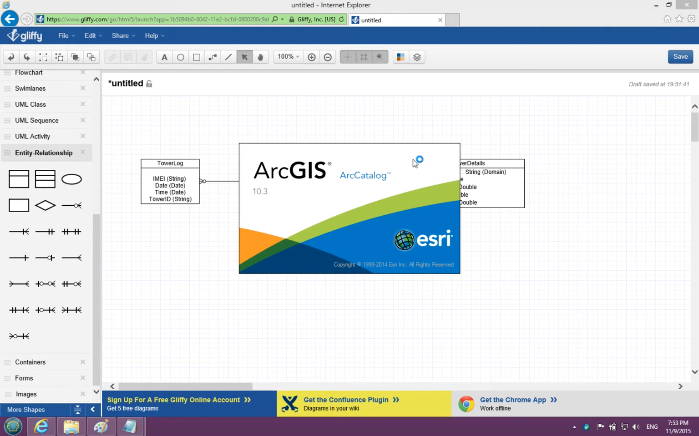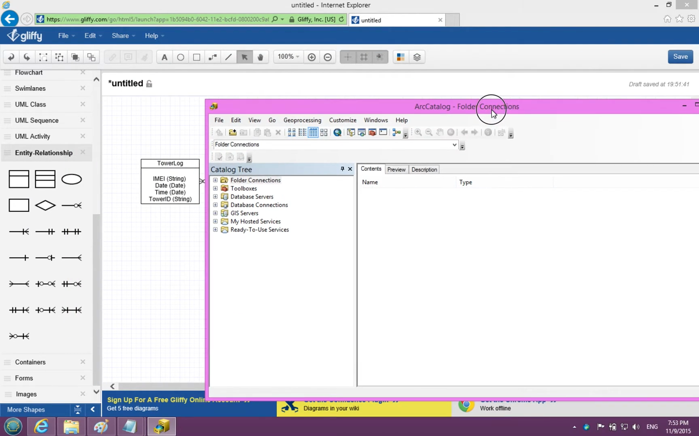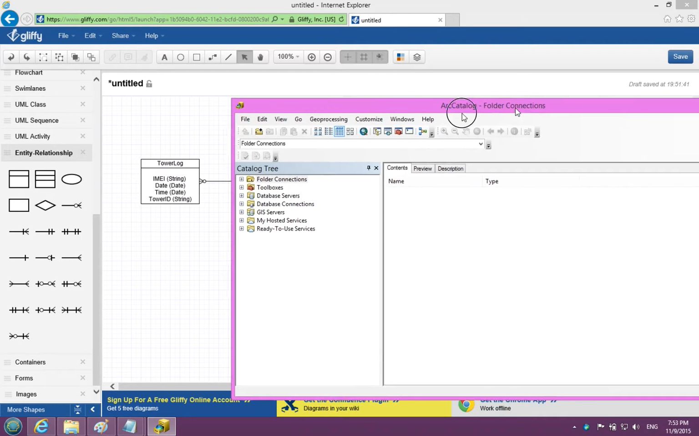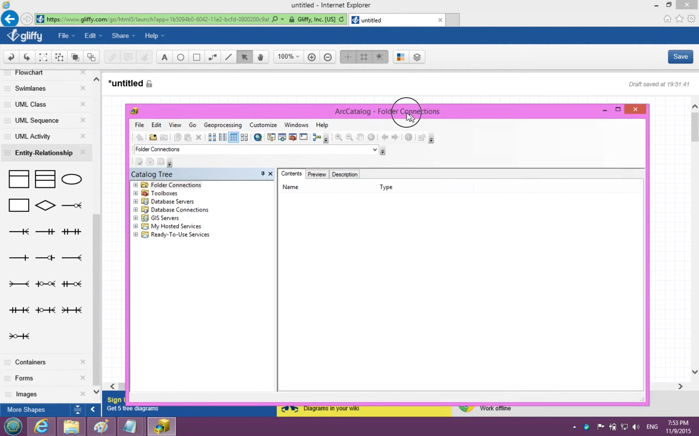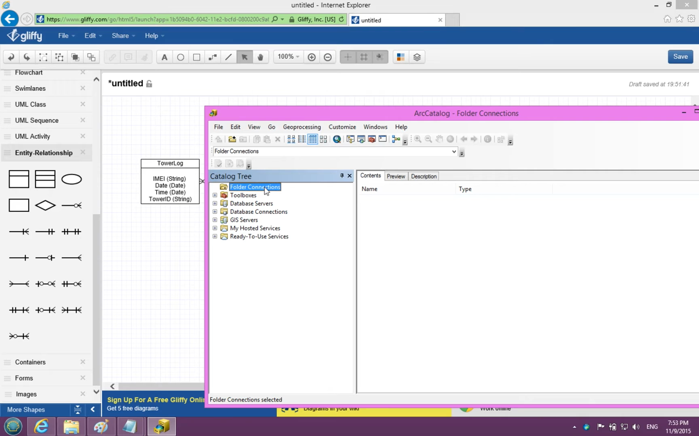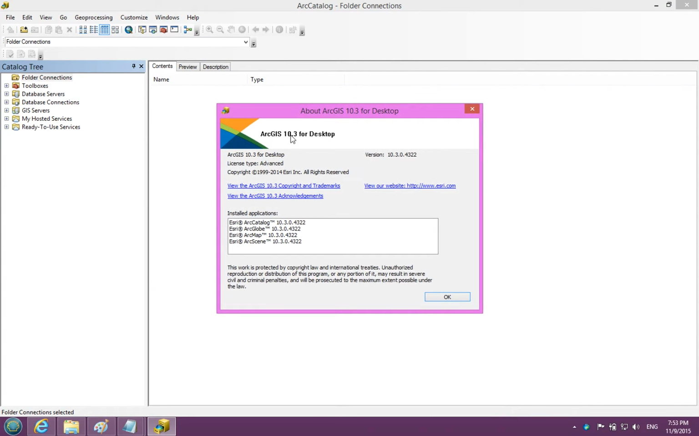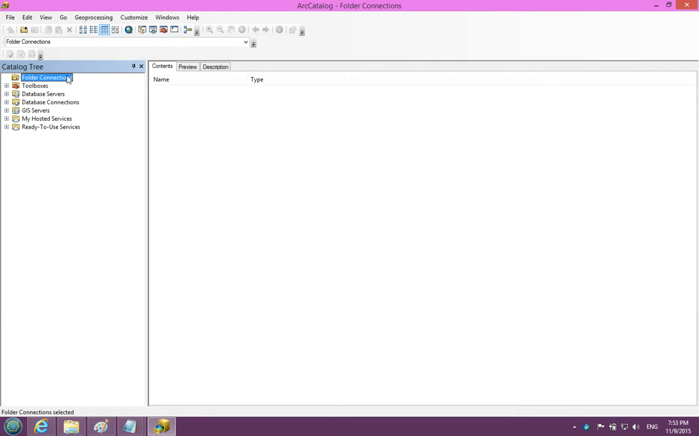It's always better to visualize, write things up either on a piece of paper or a model, so it makes things much easier to do. All right, so folder connection. Now this is our catalog, by the way, guys. Our catalog, version 10.3 for desktop. I have an advanced license. All right, you can create the geodatabase